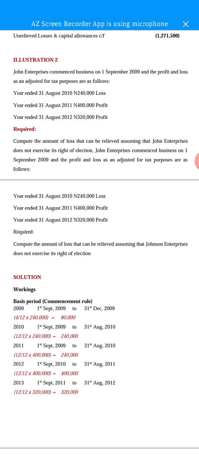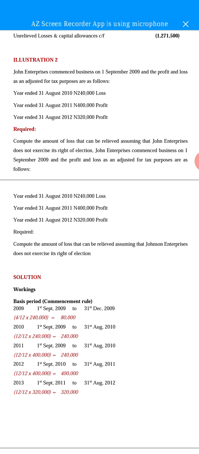Right of election, we all know our commencement rule. If any of you is not familiar with the commencement rule, please try and indicate, so that we'll put you through on that. Though we still have to look at it. But if you are confused in any way, just indicate. But I knew we must have gone through this. In taxation, we have commencement rule, we have cessation rule, we have change in accounting date. These are the three things that affect basis period.